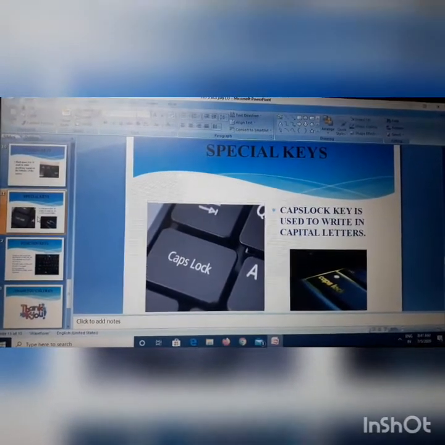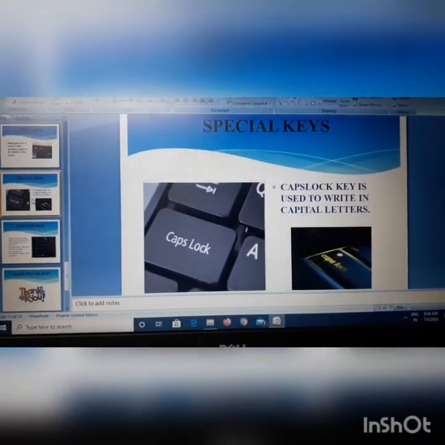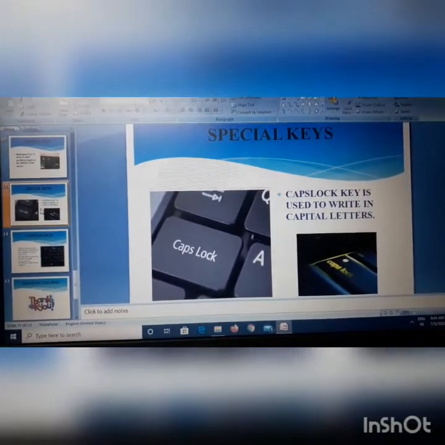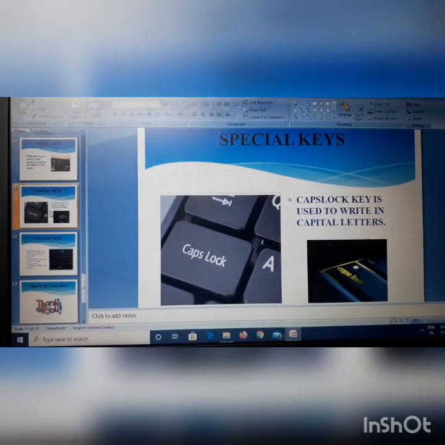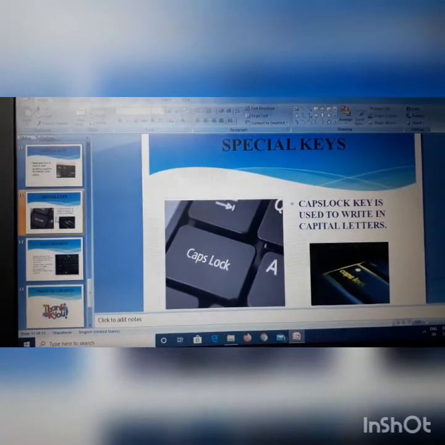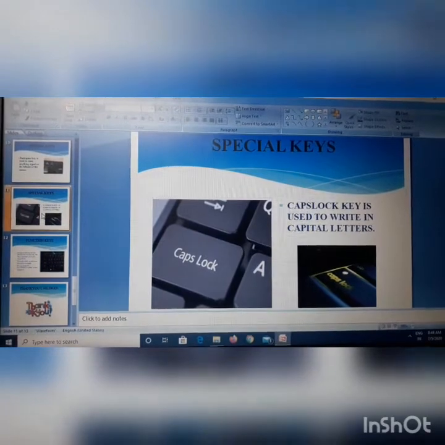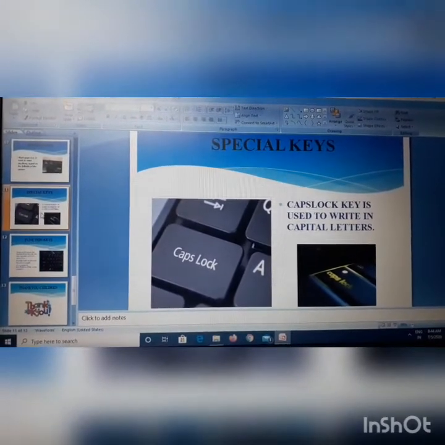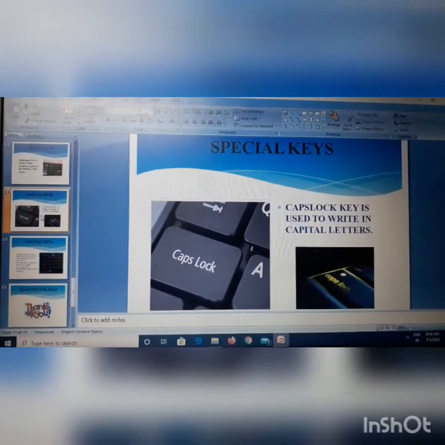You will get all the letters in the capital letters. When you press the caps lock key on, a small light will glow on the top right corner of the keyboard. It shows that the caps lock key is on. Again, if you want to type in small letters, you have to press the caps lock key again so that the caps lock key is off.